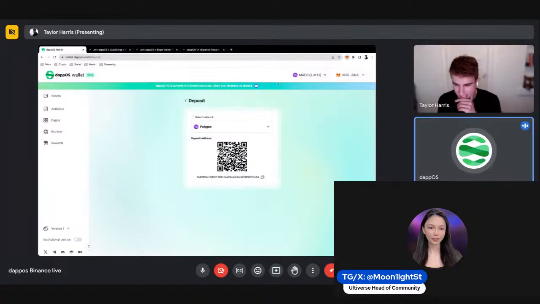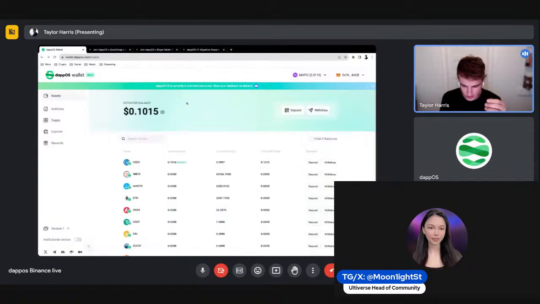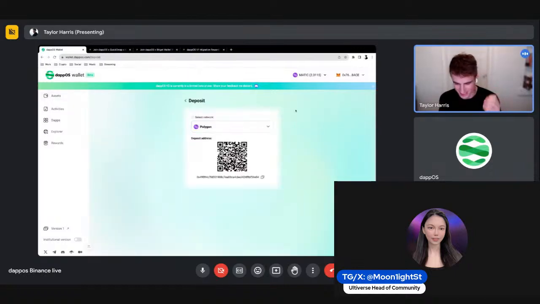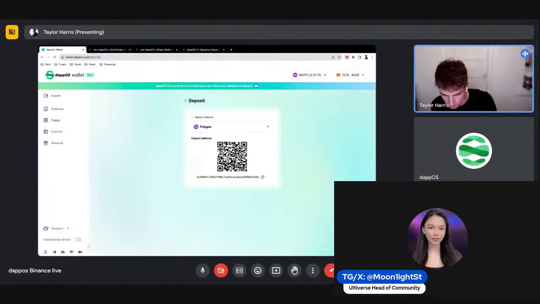Sorry about that. Are you able to deposit right now? So I have the deposit option, but I guess the main thing is once I copy the address, I've got to get the funds from MetaMask to dappOS, right? Exactly. And so, but the thing is when I'm opening my MetaMask, because I'm using a different wallet than before, for some reason when I click on send, it's not giving me the USDC option. I'm not able to change the asset.